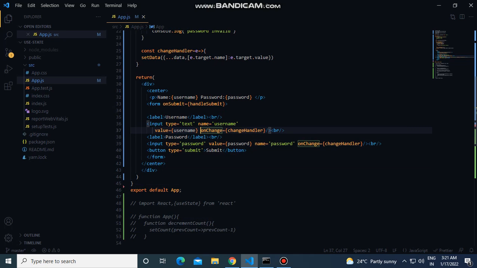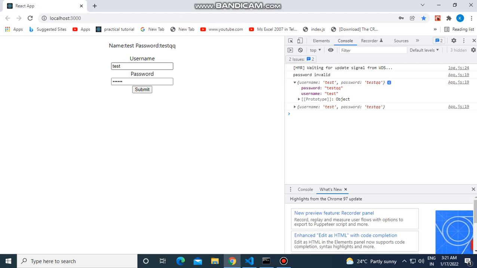Now one more thing, if I don't use onChange, the change handler, Control X, Control S. See here, I cannot delete, I cannot type, because the change event is not handled. So only when we handle the change event will we be able to edit the text.